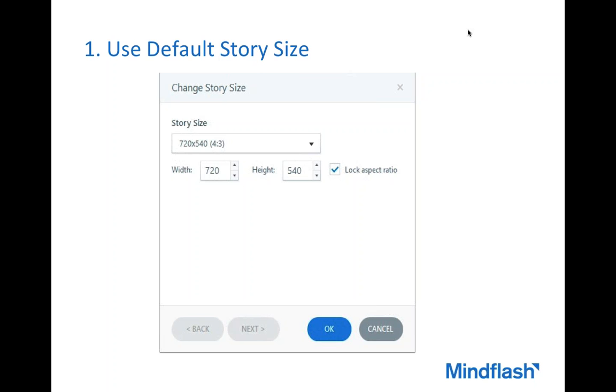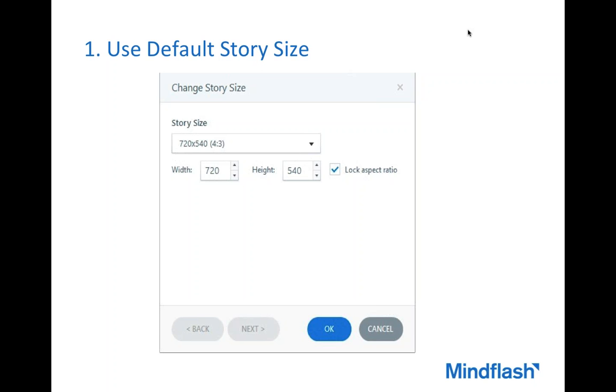One thing to remember is that your course may be viewed on various devices and different sized computers. So to have your file fit and work for the largest number of trainees, we suggest using Storyline's default settings, which are 720 by 540. In Articulate Storyline, there's also an extra setting there that says scale to fit. So we want to make sure those settings are checkmarked, and then that the default size setting is 720 by